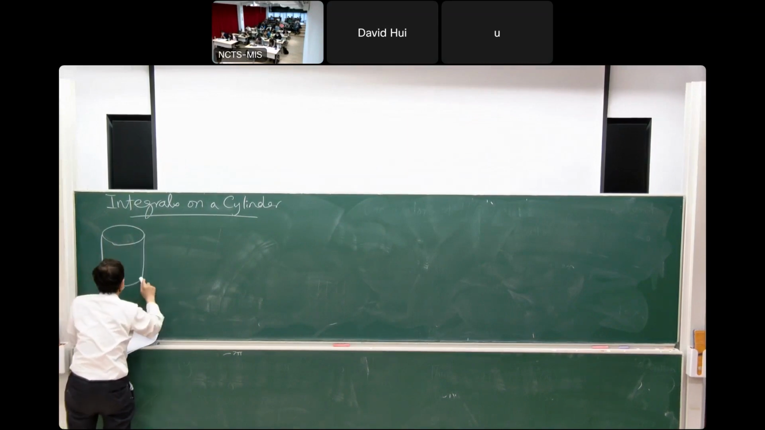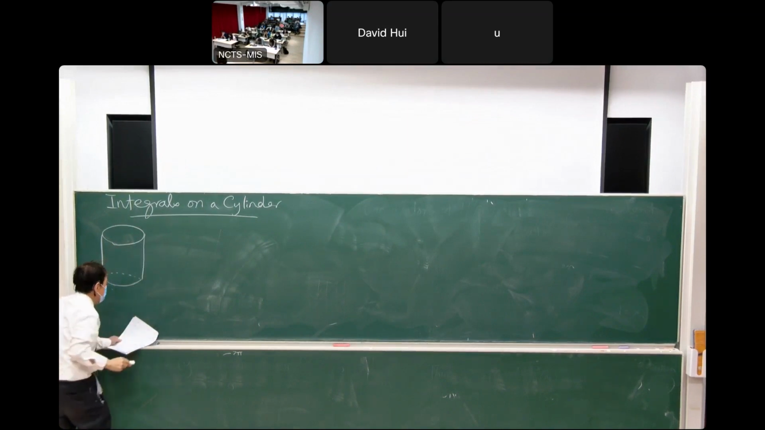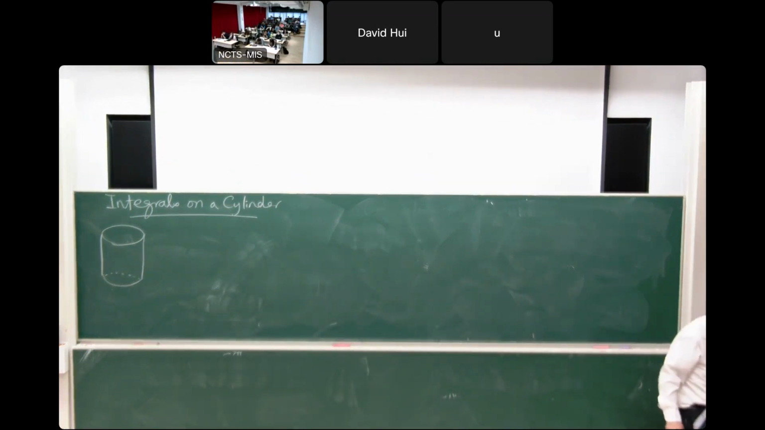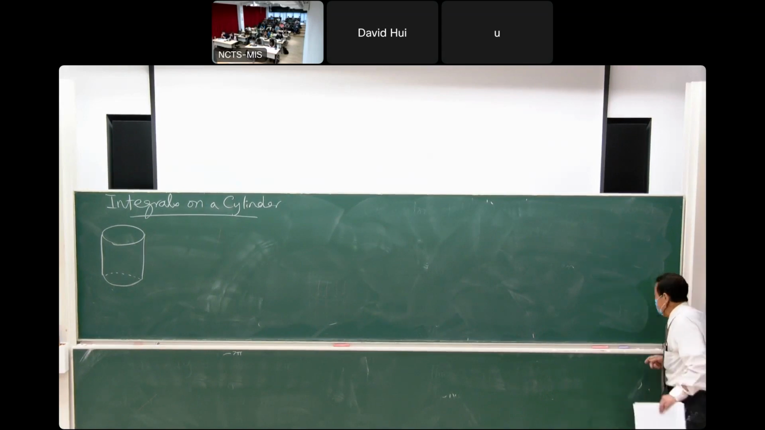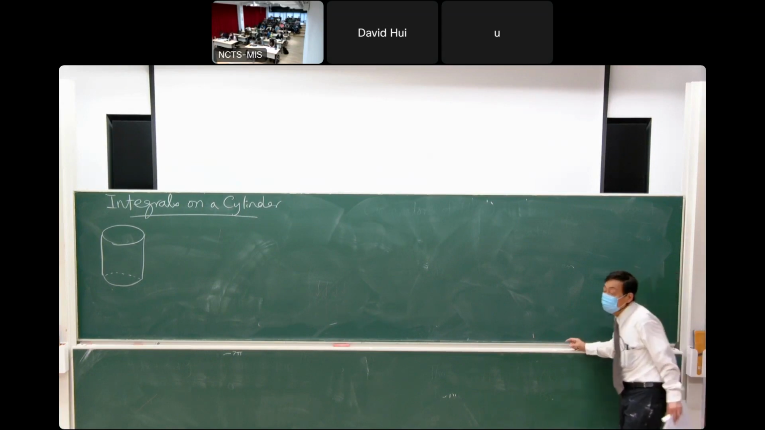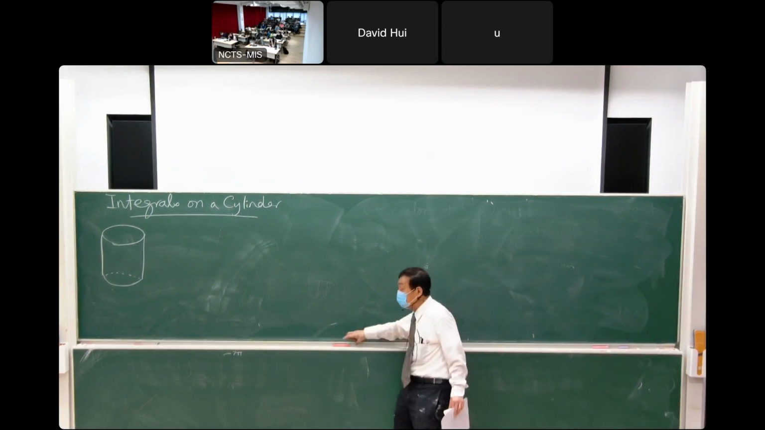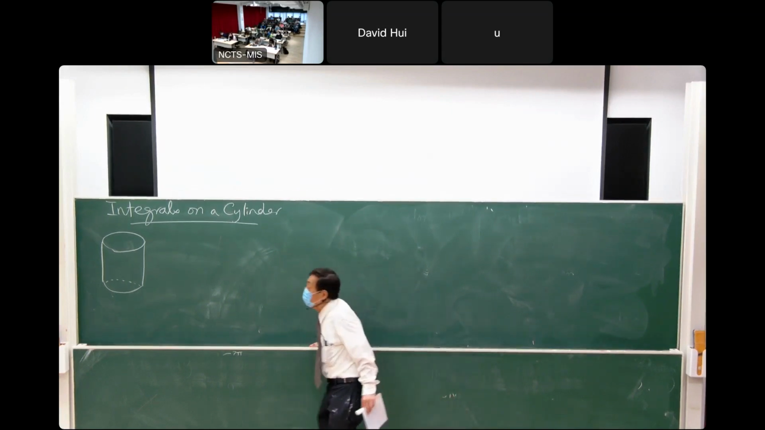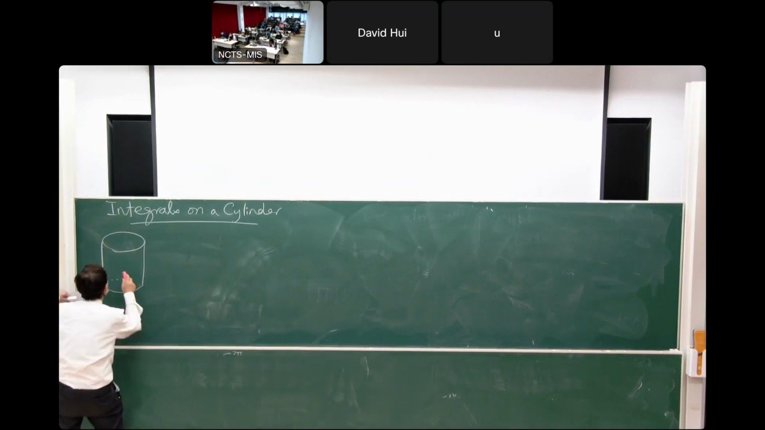A cylinder is a manifold with boundary, and the boundary is two circles. Okay? Now, in doing integration, it's very important to get the orientation right, because if you have the wrong orientation, you'll get a minus sign, and then your answer might come out wrong. Okay, so I'm going to orient the cylinder like this,